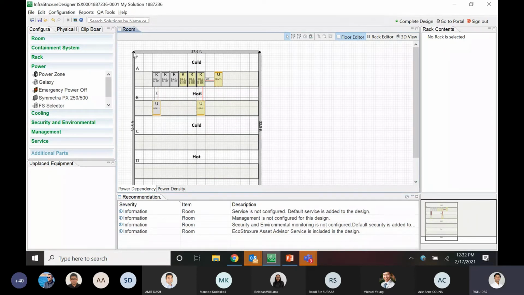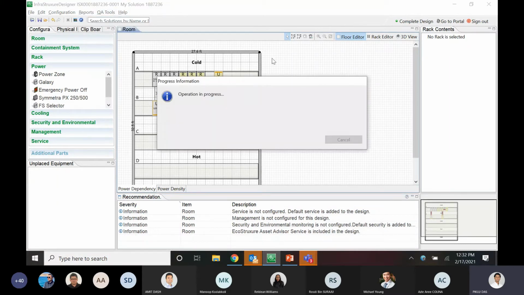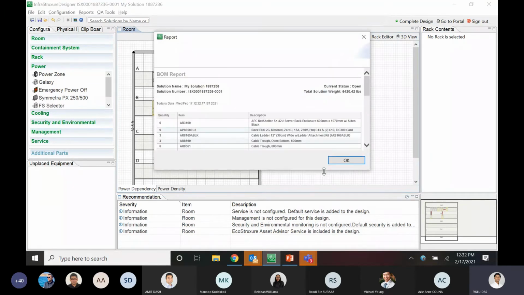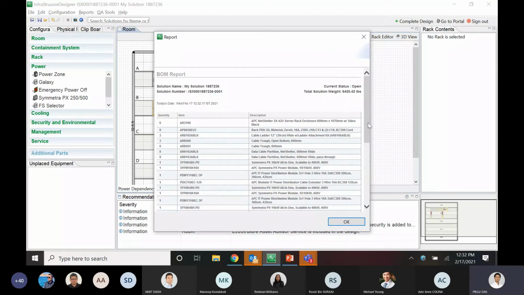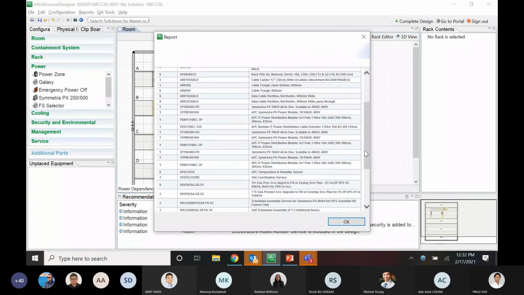Okay, now we are done with our rack and power configuration. Let me go to reports and see what SKUs are getting added with respect to the power now. You can see the UPS has got added, along with the power module for the single UPS, and these are the whips and the cable breaker whips SKUs that we are adding here.